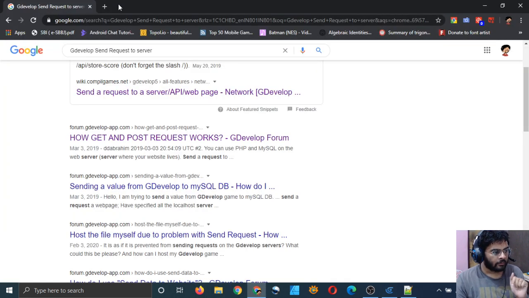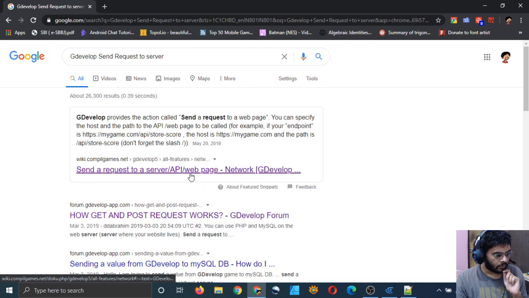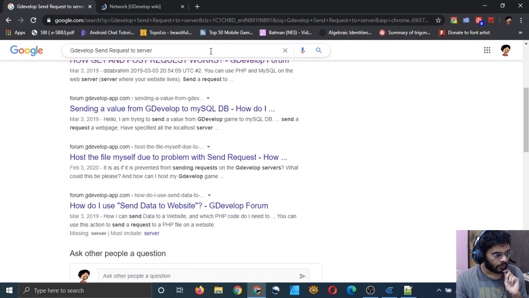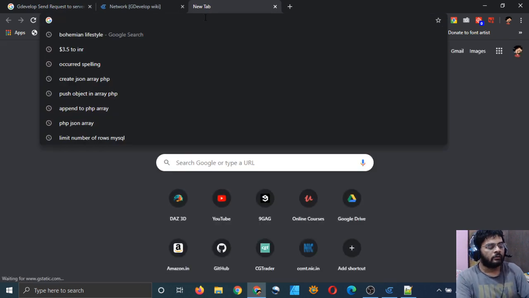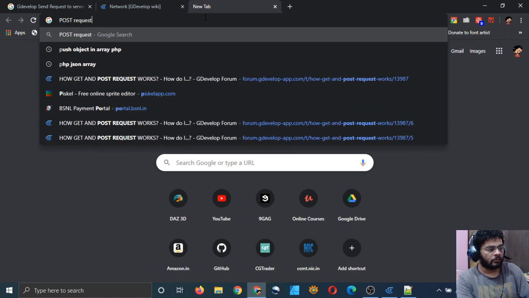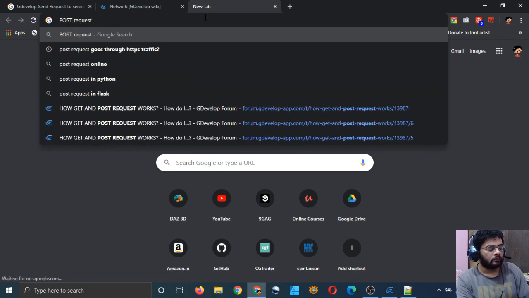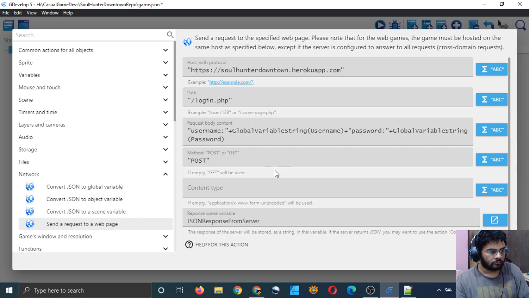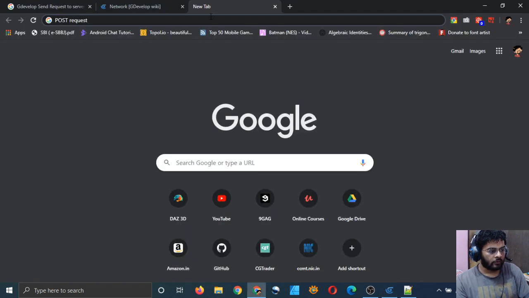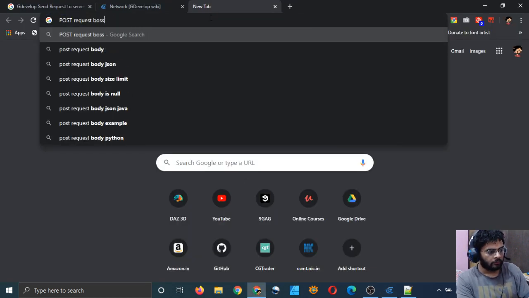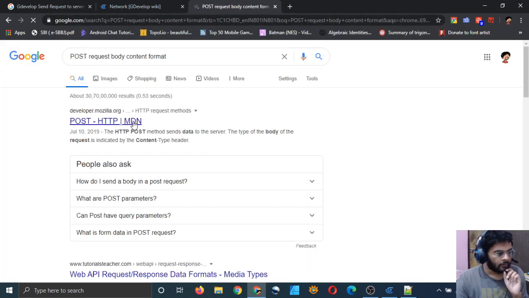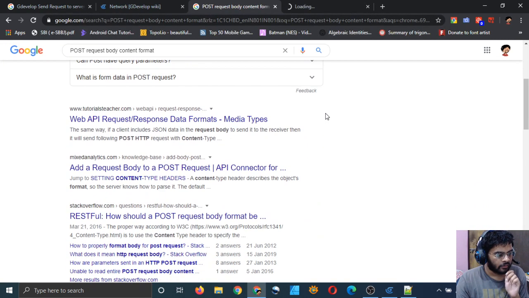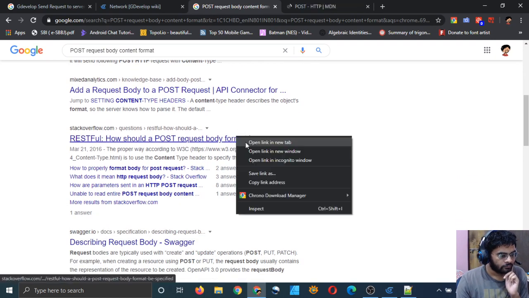But I have to look it up a little to see how I can do this properly. I will search for the post request body content format. What is the format in which it receives the request?